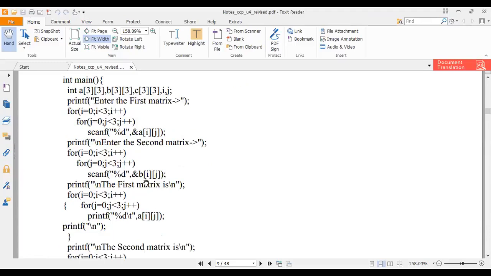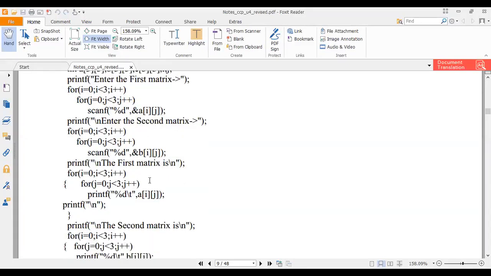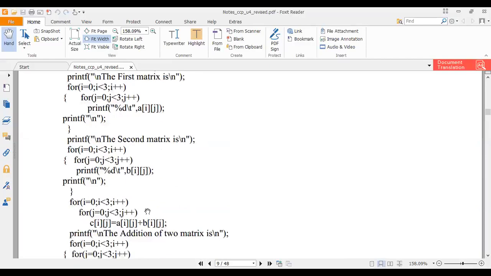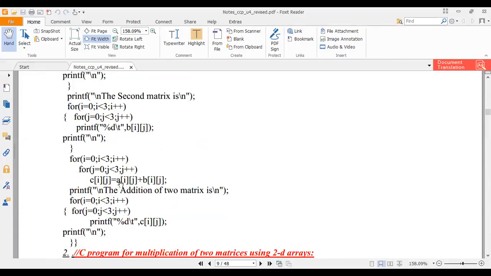So the first matrix has been entered, then the second matrix has been entered, ampersand Aij, ampersand Bij. It is showing next. The first matrix was that, then the second matrix was that, and finally the addition: Cij is equal to Aij plus Bij, right? So this is quite easy now.